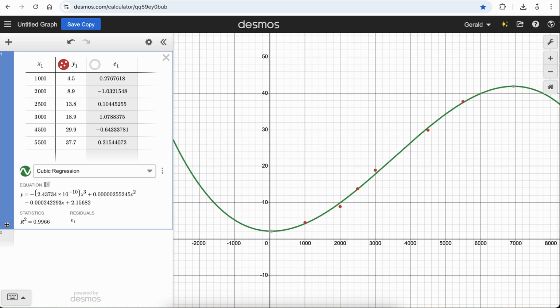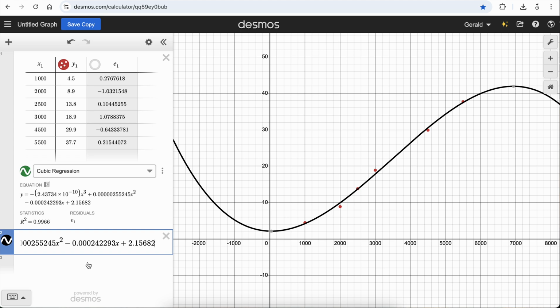So what I want to do, for example, is find out what speed the pontoon is going to have when the RPM of the engine is about 2,800. One of the nice features is I can click on this little icon next to the equation. It's going to copy it and paste it to another cell. And from here, I want to go to the beginning of the equation, and I'm going to change y to a function notation. I'm going to say f of x,